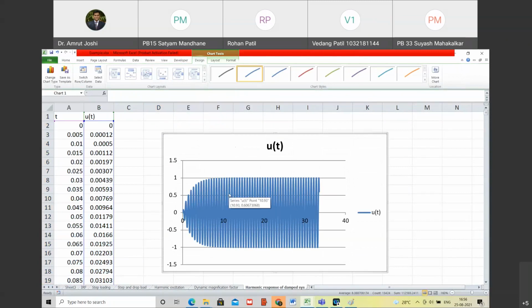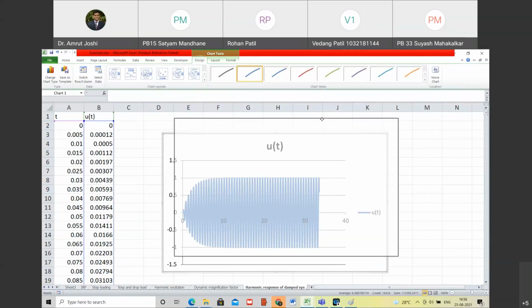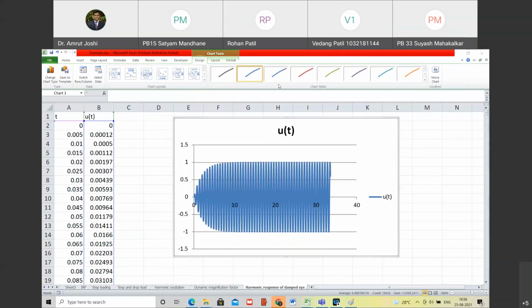Okay. So Vedant, can you unmute yourself? Hello. Yeah. Actually, my internet might be a bit unstable in the middle. Okay. If it is unstable, you can mute yourself. But are you able to observe this response?